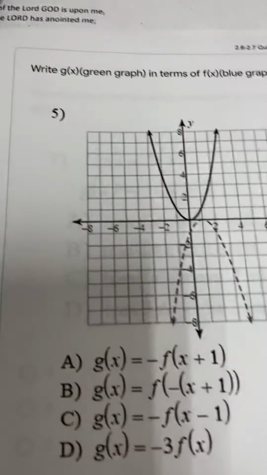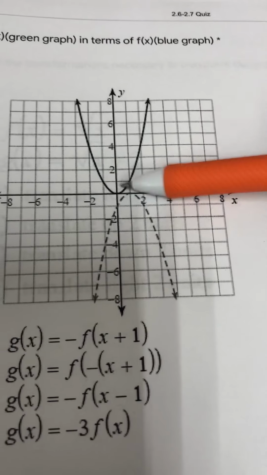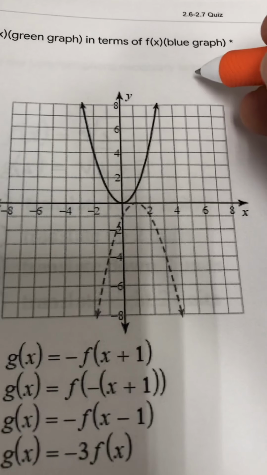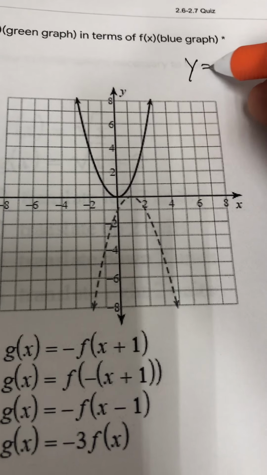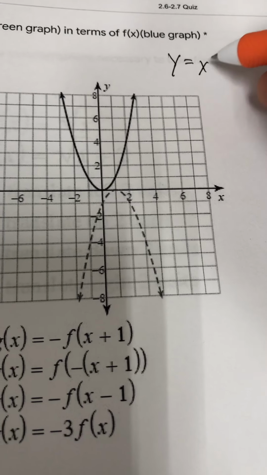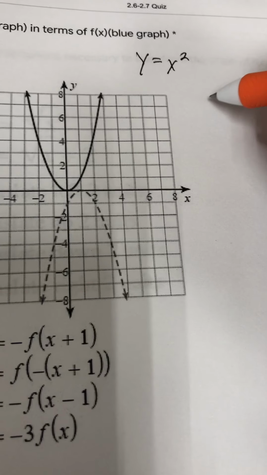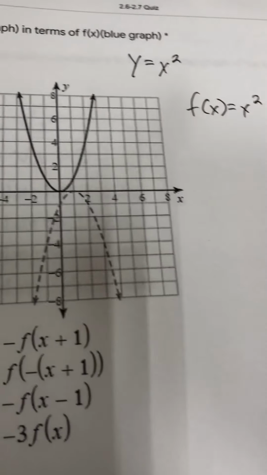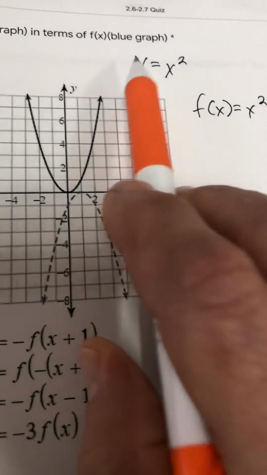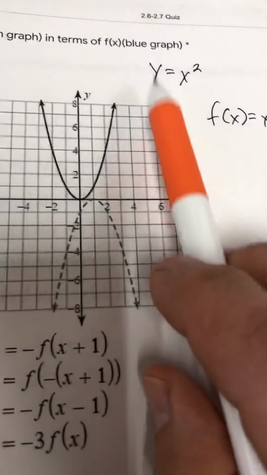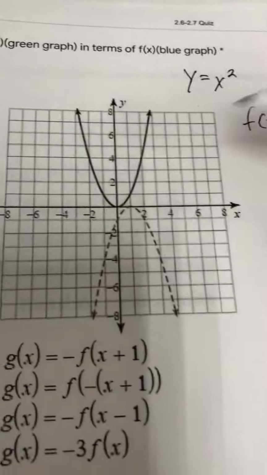Number 5. Okay, first of all, we have this U shape, this quadratic, which is the parent function y equals, or f of x equals x squared. This means the same thing. If you haven't caught on yet, y and f of x are the same thing, okay? It's just a different way of saying the function of x. But anyways,